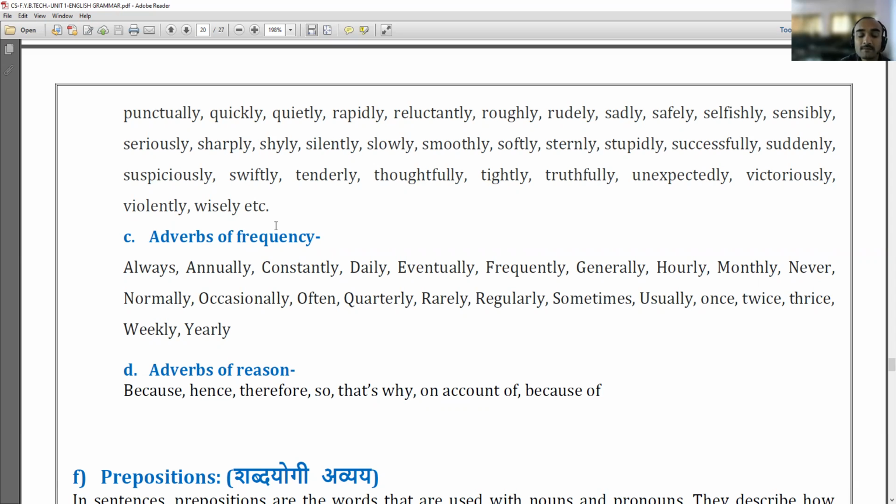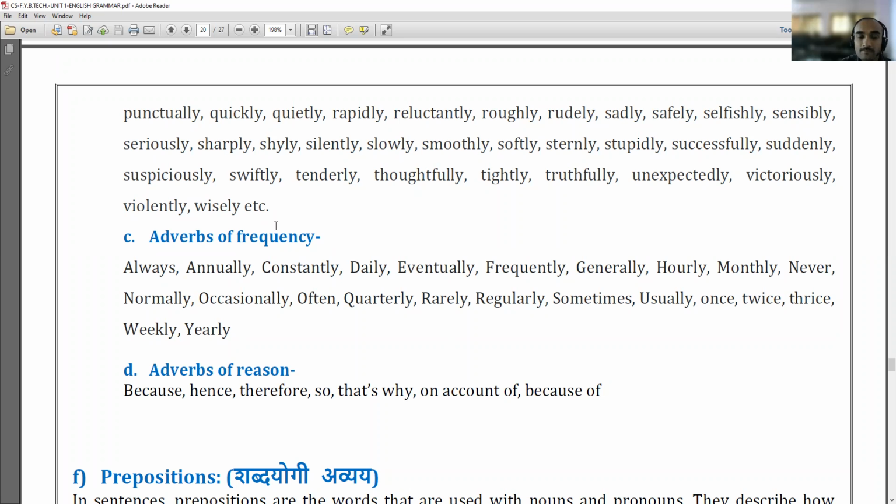So always is the frequency indicator. फ्रिक्वेन्सी दाखवतो. तो कधी किंवा किती वेळा शाळेला जातो? तर तो दररोज शाळेला जातो. ओके. सो ऑलवेज असेल. अॅन्युअली, वी आर कंडक्टिंग एक्झामिनेशन्स अॅन्युअली. आपण वार्षिक एक्झाम घेतो. युअर 12th एक्झाम इज ऑल्सो कंडक्टेड ॲज अॅन्युअल एक्झाम. 12th असेल, 10th असेल एक्झाम, त्या कशा आहेत? अॅन्युअल आहेत. कॉन्स्टंटली, डेली, इव्हेंच्युअली, फ्रिक्वेंटली, जनरली, आवरली,